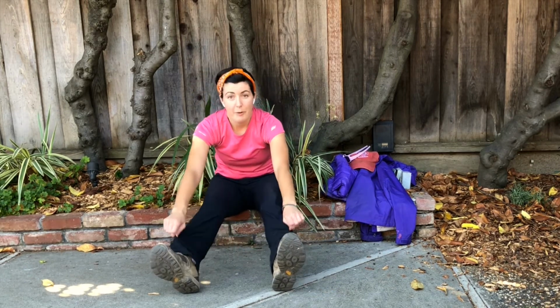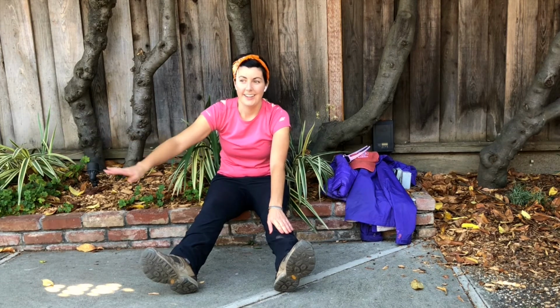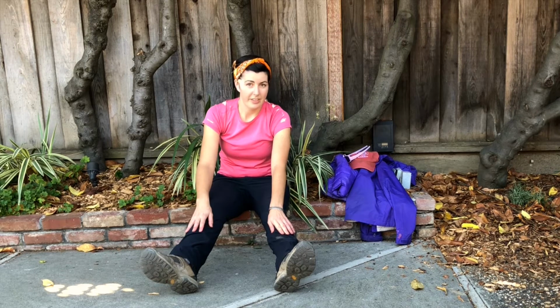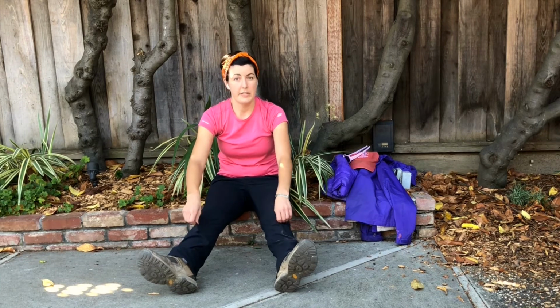Now let's talk about pants or shorts. I tend to wear pants even on hot days because there is so much poison oak out in our trails. If you haven't had it, it's very itchy, it's very uncomfortable, it's not worth it. So I try to stick with long pants, and you want to make sure you have a synthetic material,